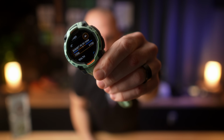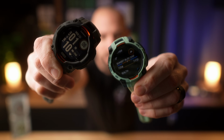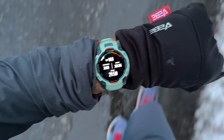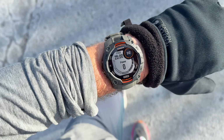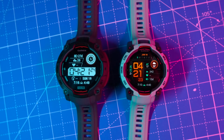This is the brand new Garmin Instinct AMOLED, and this is the brand new Garmin Instinct Solar. I've been using both these watches for the past couple of weeks, putting them through their paces in both my everyday life and all of my outdoor activities. The Instinct series from Garmin has always been their rugged, outdoor-inspired watch for outdoor enthusiasts like hikers, backpackers, but it's